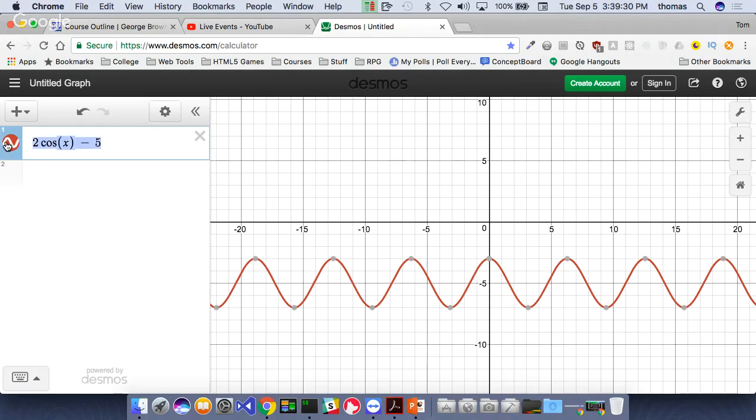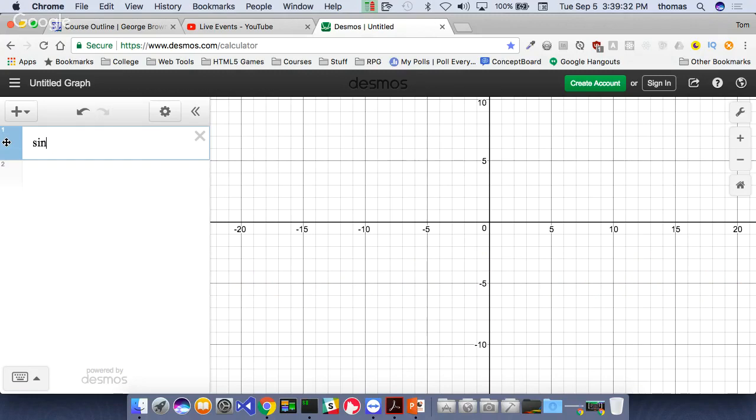That's cosine. Let's look at sine. There's sine. What's the difference? Anyone remember what the difference between sine and cosine is in terms of how it works? Yes. In sine, the starting point is not at the highest scale. Okay, so if you notice, that's very good.